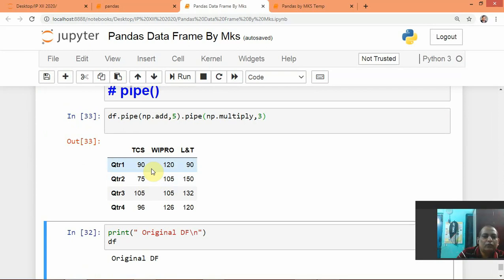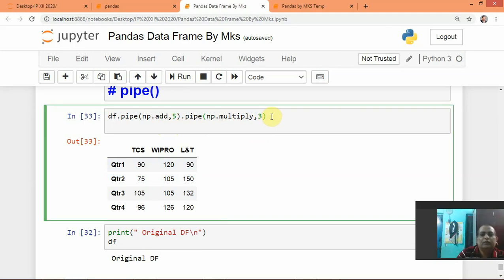So how is it coming? It is 25 plus 5, that is 30, then 30 goes to this pipe, and 30 is multiplied by 3, so 30 into 3, 90. Like this it is giving output.